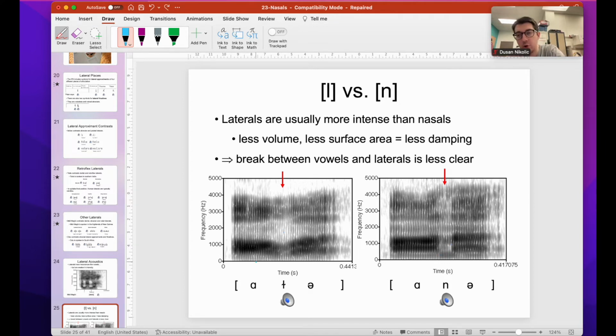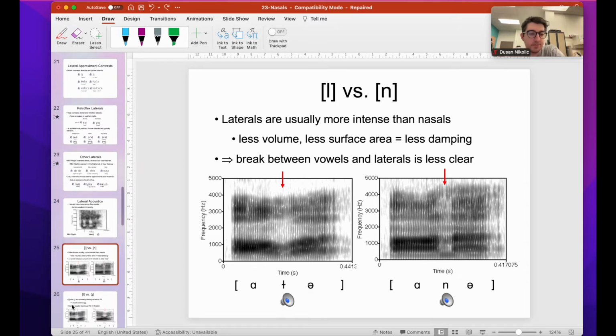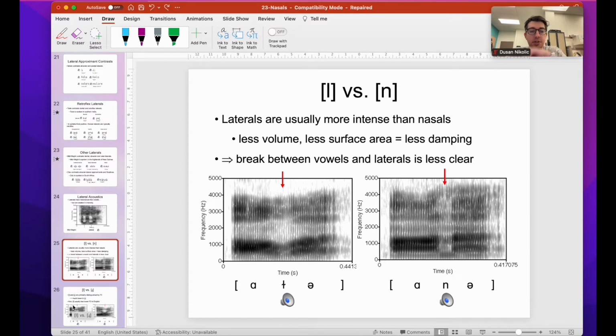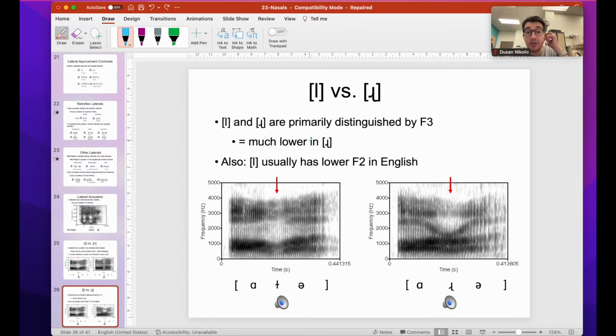And laterals follow the formant frequencies of the vowels, especially those vowels at the same place of articulation. For example, both are back, right? Vowels and liquids. They're also called liquids, and they're primarily distinguished by F3, but F3 is much